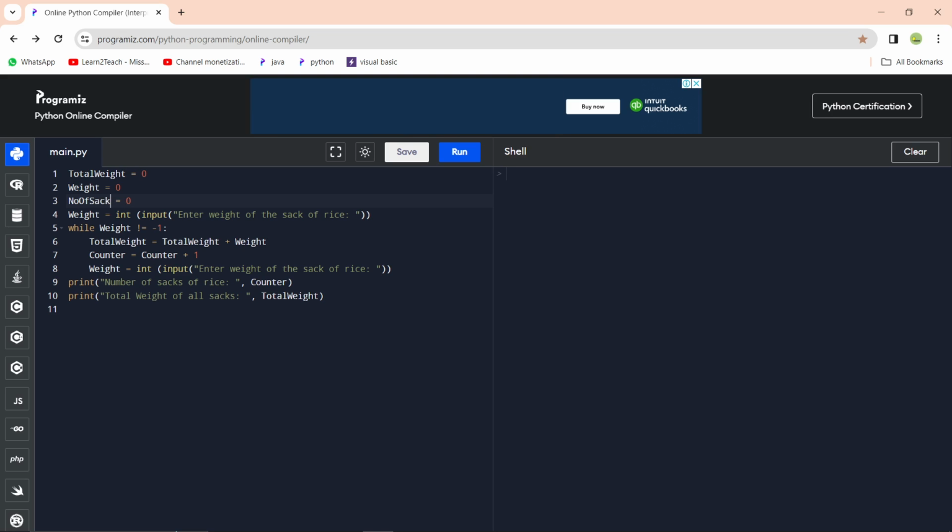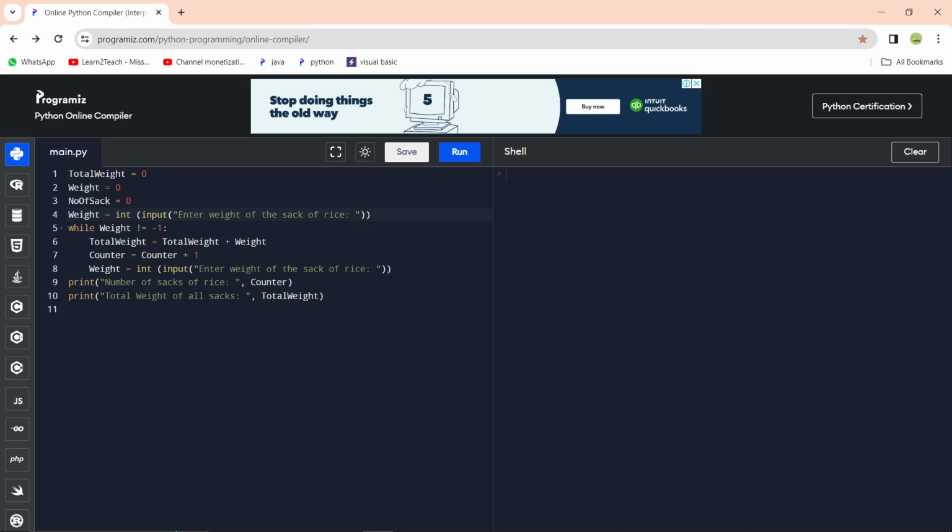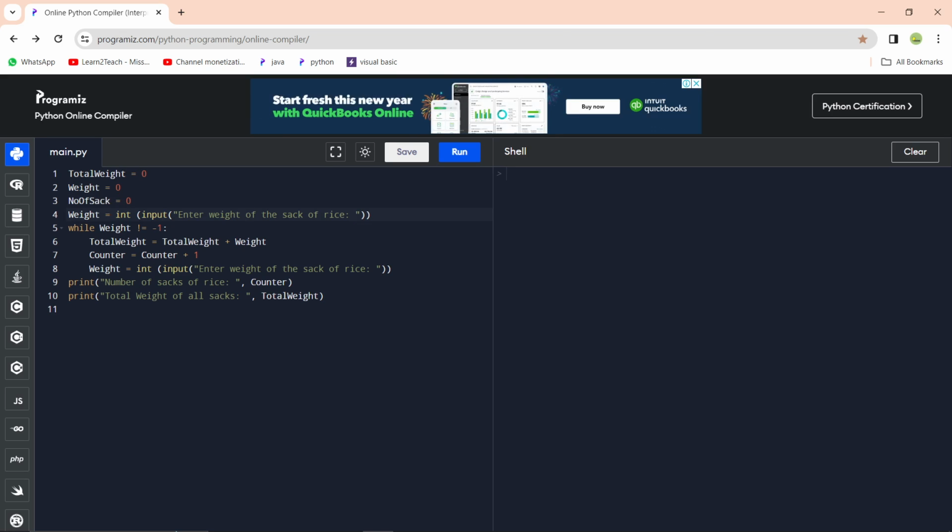So, what is being done? First, before the loop, you will take an input for the first weight of the sack of rice. If it is -1, you will not do anything. Just number of sack of rice becomes 0 and total weight becomes 0. This will be printed on your screen. But if the user enters different weights for the sack of rice, then it will go inside the loop and it is going to calculate